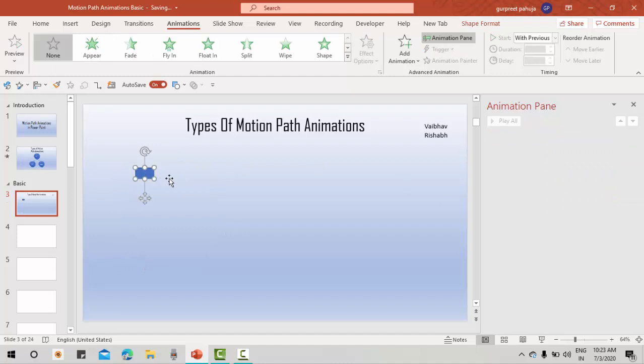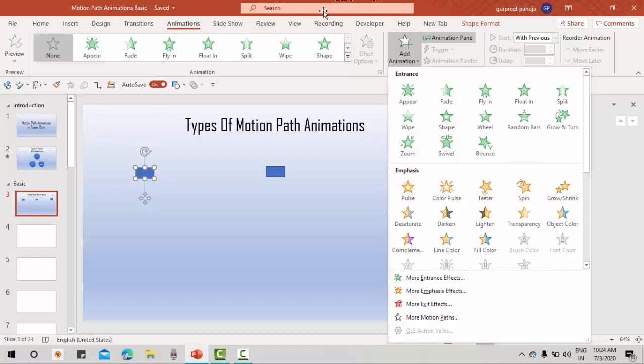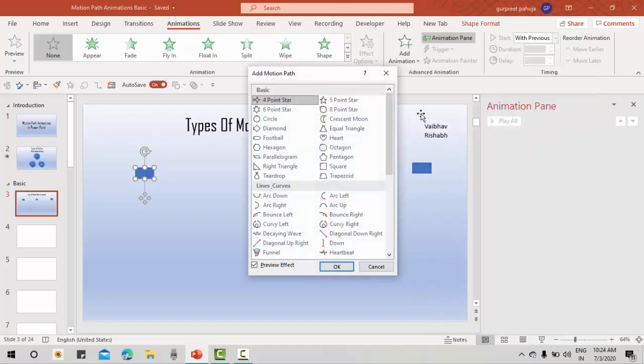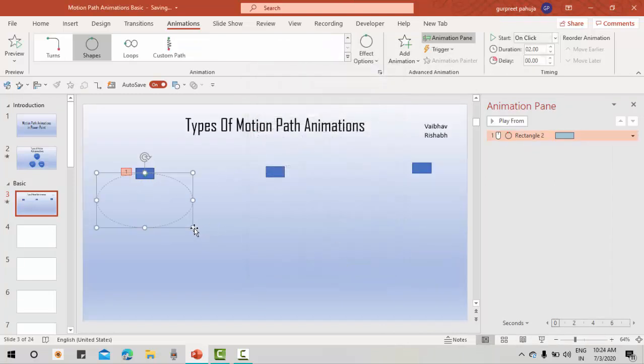I will duplicate this shape, Control D. We will apply the animation to the first object. So I'll select this, add animation, more motion path, circle. I will select the shape of the circle.